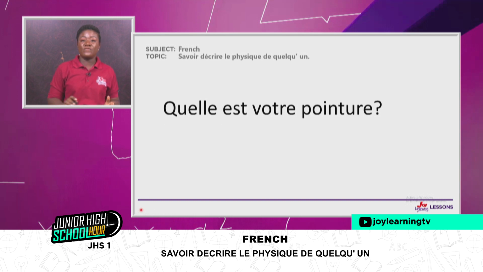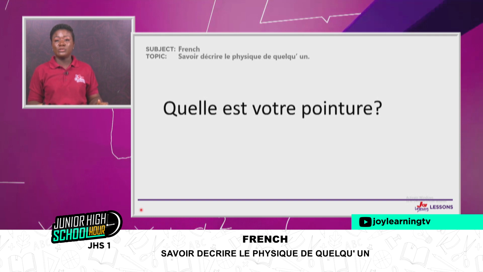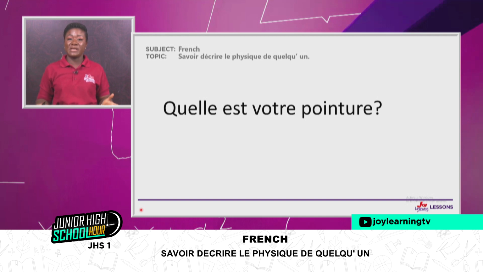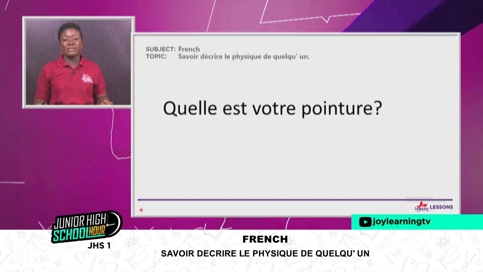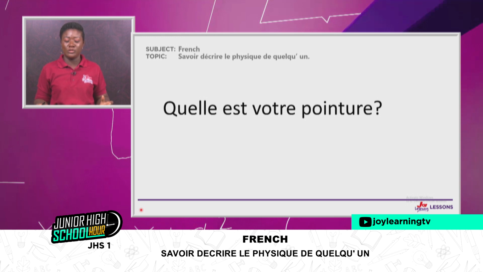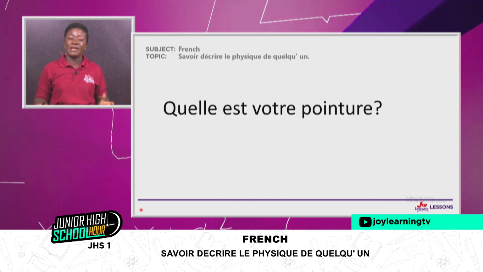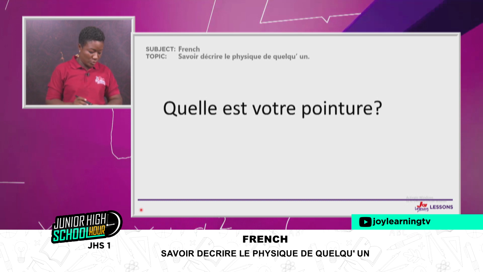But if you are in a shoe shop and they want to know the size of shoe that you wear, to help you choose, then you use the pointure. So you'll be asked, quelle est votre pointure?